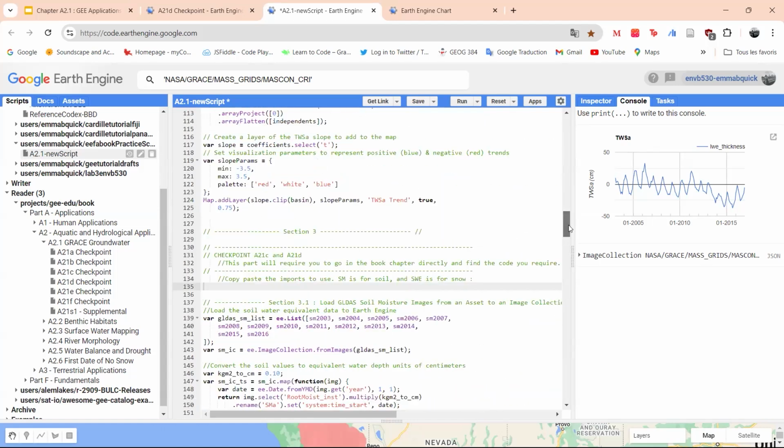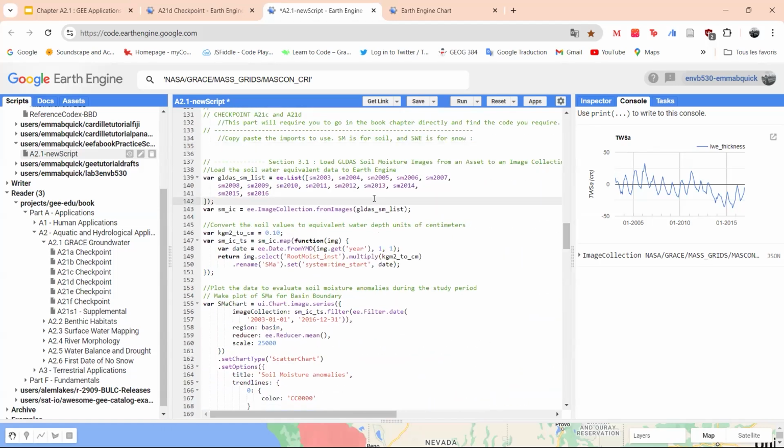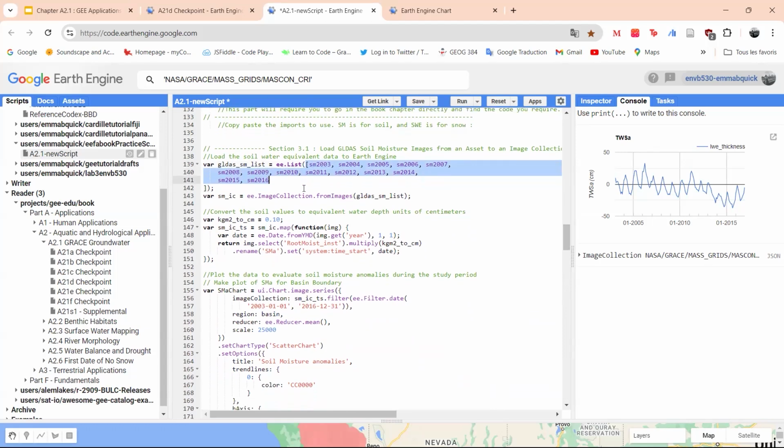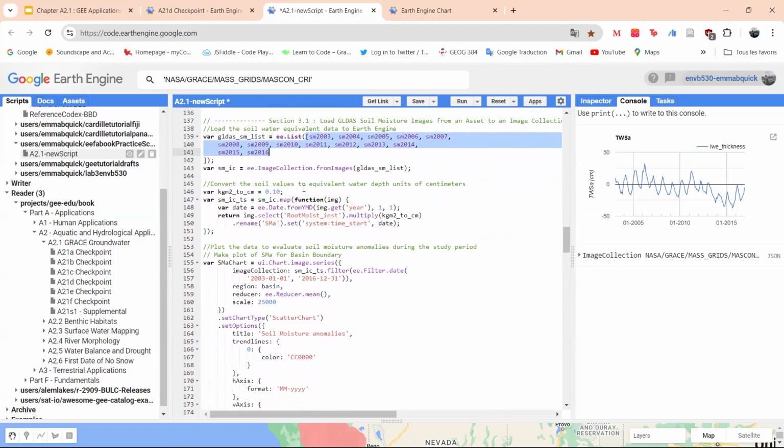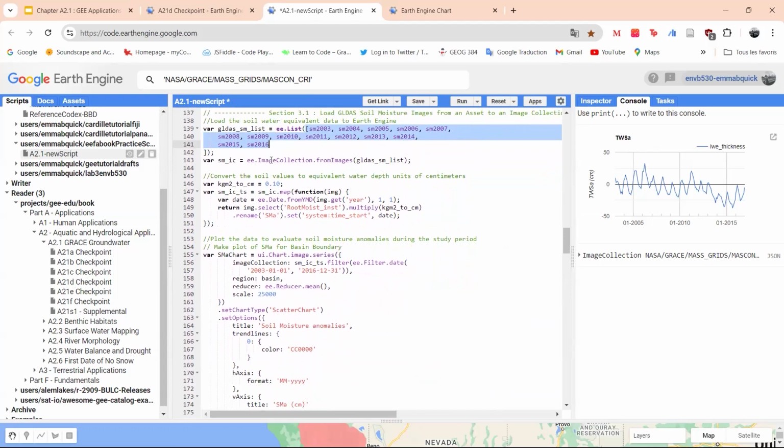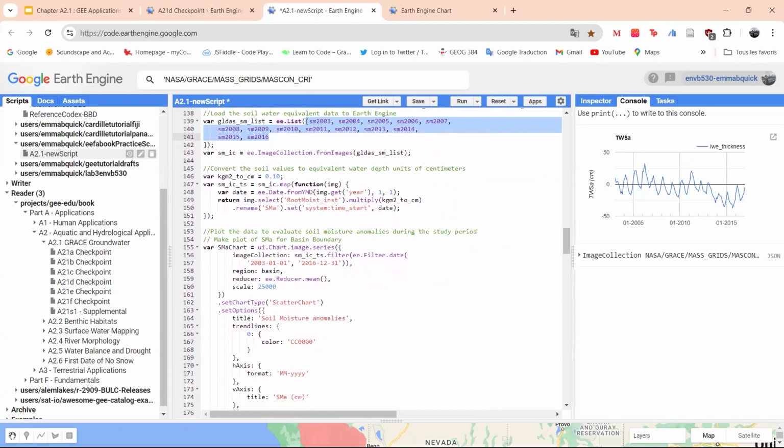Now let's go back to our code. Okay, so we want to load the soil water equivalent data to Earth Engine. So we're really just going to pick the SM data that we just imported, create a list out of it, and create a variable that is going to be an image collection from the images of the list we just created. Then we're going to convert the soil values to equivalent water depth units of centimeters,